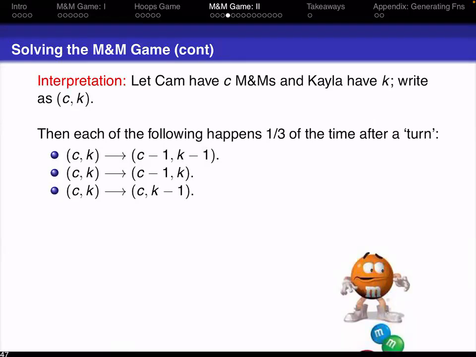Yeah, it's their names. You always want notation that's good, that you can quickly look at and see what's going on. You have C for Cameron, K for Kayla. Why was Cameron listed first? Older, that's one possibility. I did alphabetical order. But again, the main reason for stuff like this is you want to make sure you